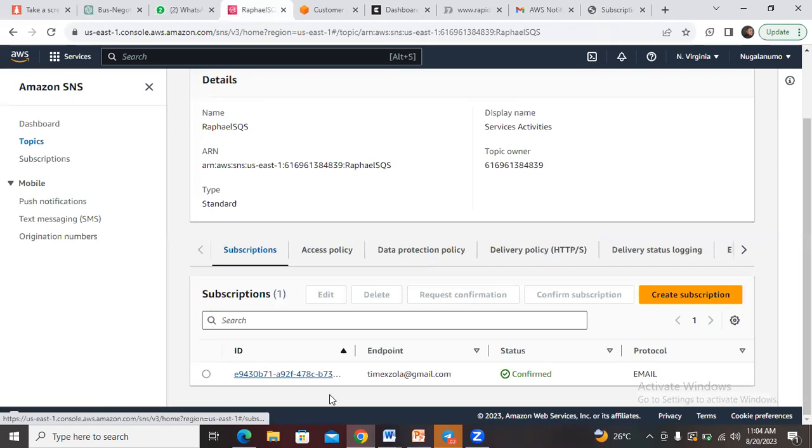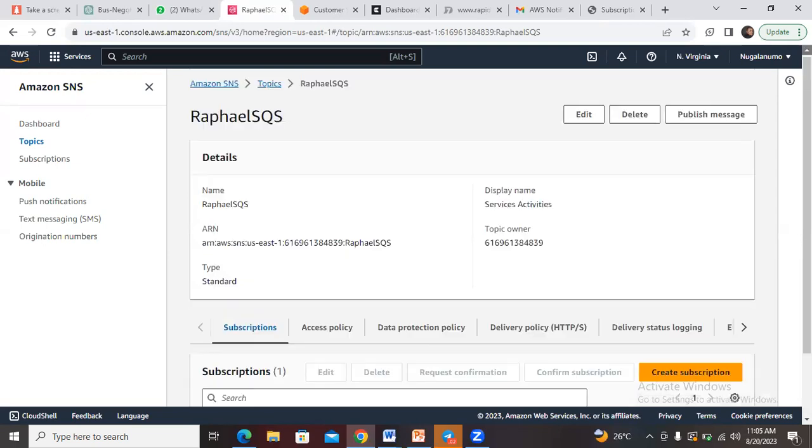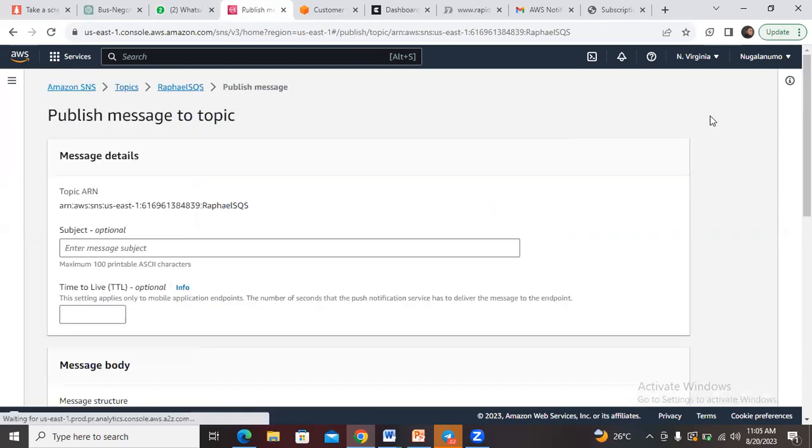Beautiful. The ID is showing here and it's confirmed. So what next? We have to test a message, right? Right, we now come in here to say publish message. In the publish message,